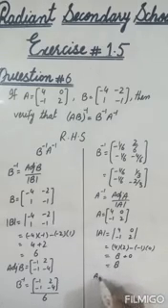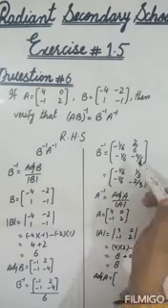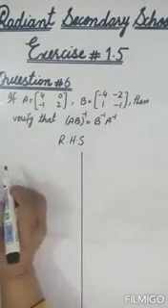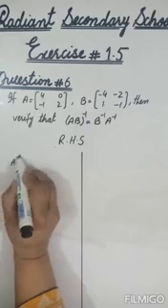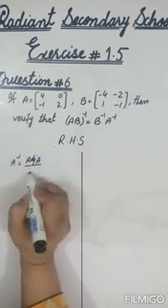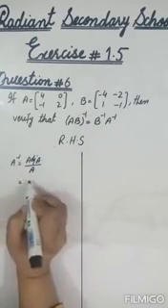Now we have to find out the adjoint of A. Adjoint of A is equal to 4, 2. We have to change the place of the diagonal entries. It goes to 2, 4, and change the signs of the rest of the entries, 0 remains 0 and minus 1 goes to plus 1. This is adjoint of A. Now A inverse is equal to adjoint of A divided by A determinant. What is adjoint of A?